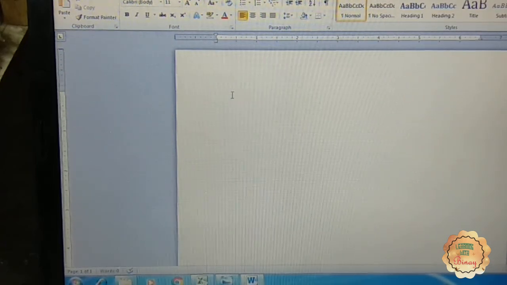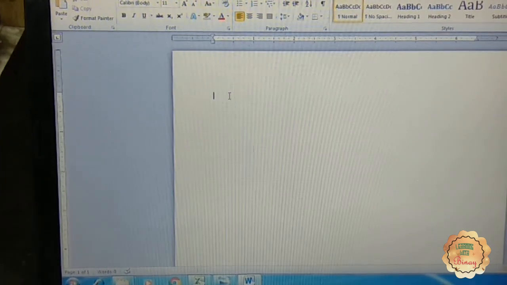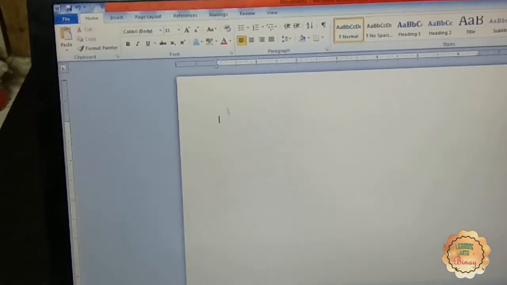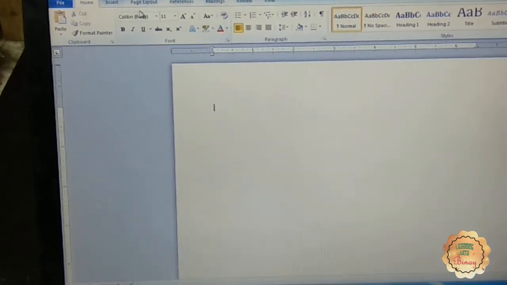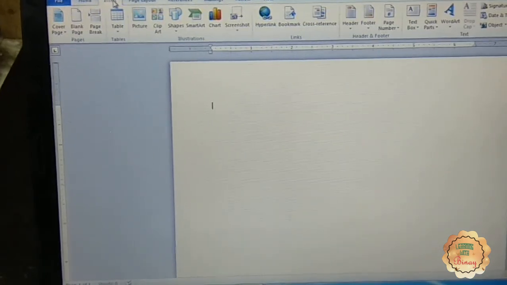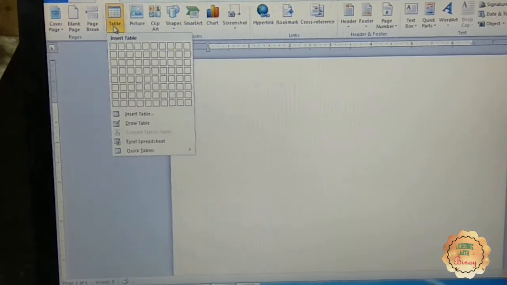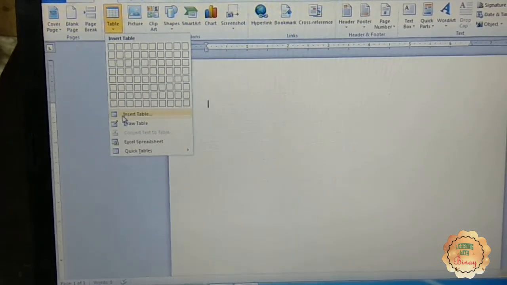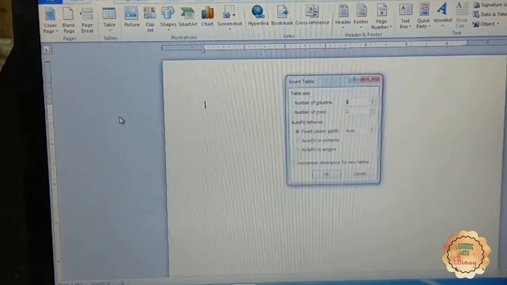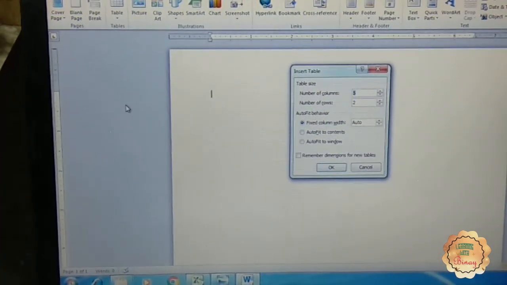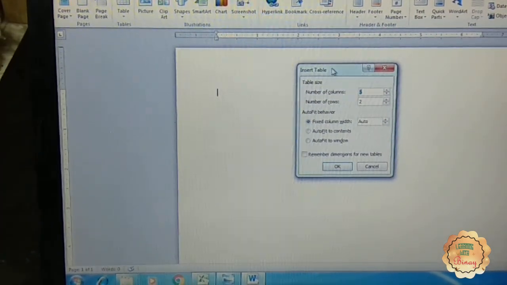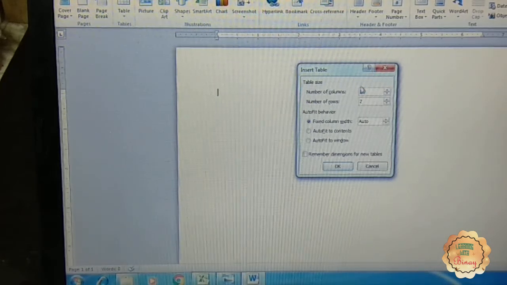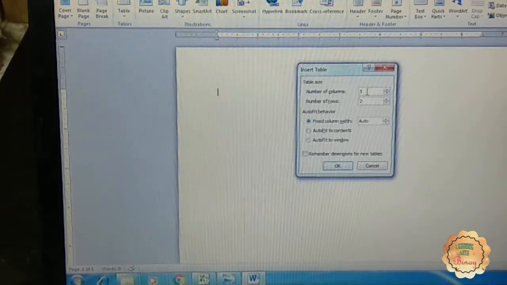The second way to create a table, again go to the insert here, insert table and insert table option. Now this window appears here. Now here the first one, write the required columns.